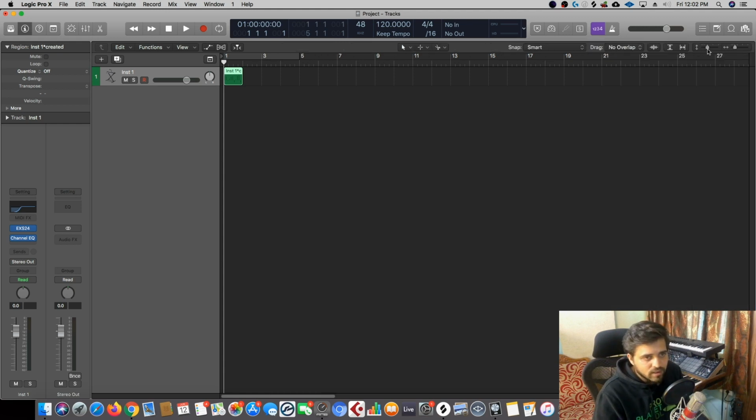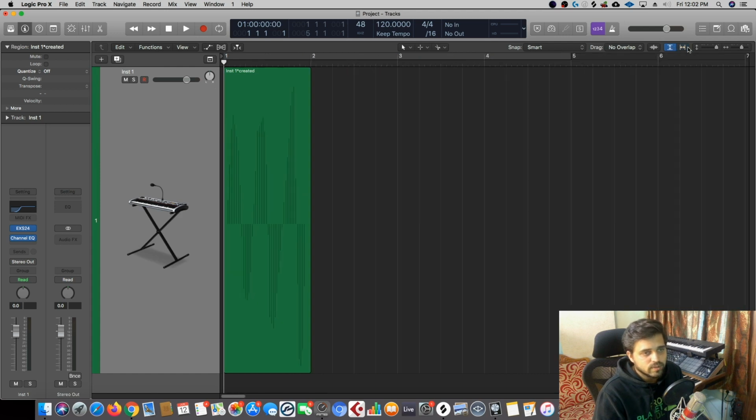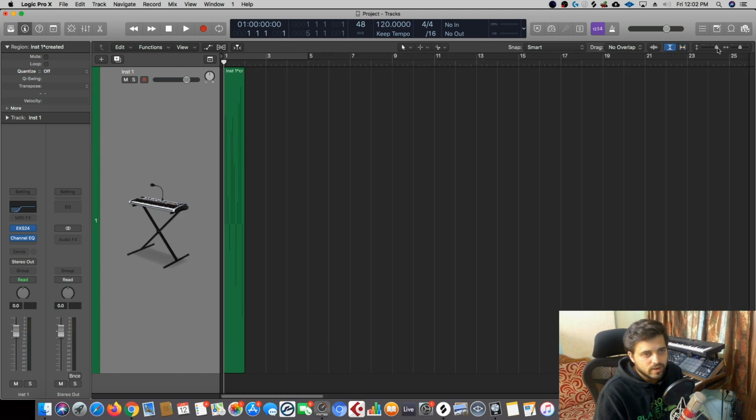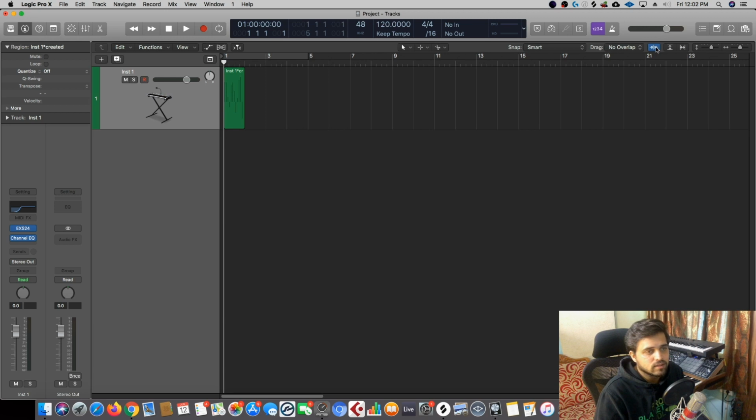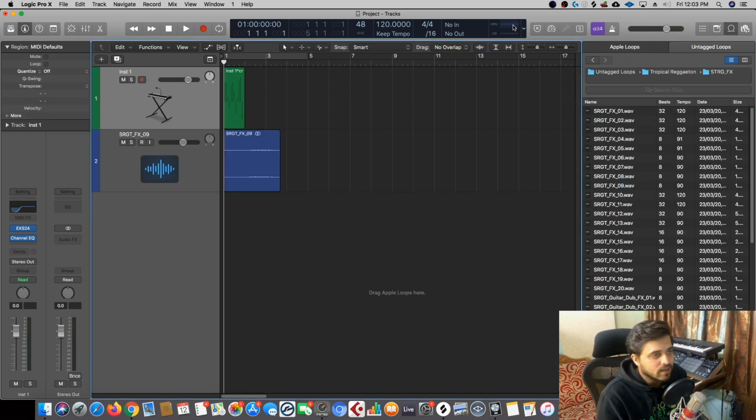There's a small panel here, and these are your zoom buttons. And this one is to see the entire project. This one is vertical zoom, this is horizontal zoom on one click, and this one is to zoom the audio region, the audio wave file. So if you just press and hold on this and vary this meter, you'll see that the audio file zooms in and out. It doesn't change the gain, it's just a visual aid.